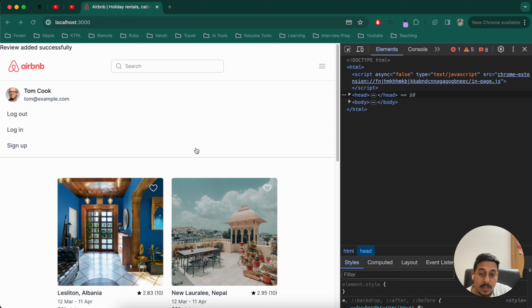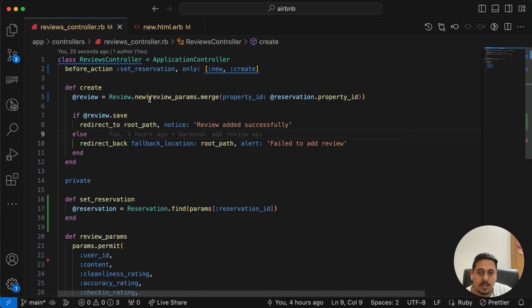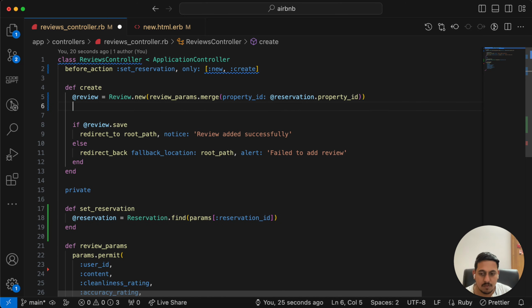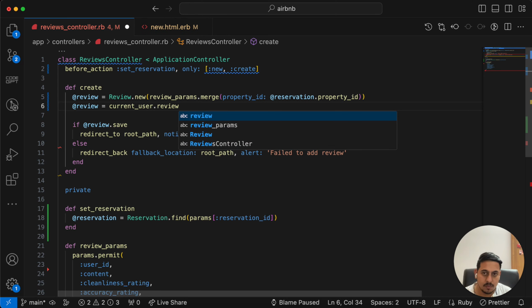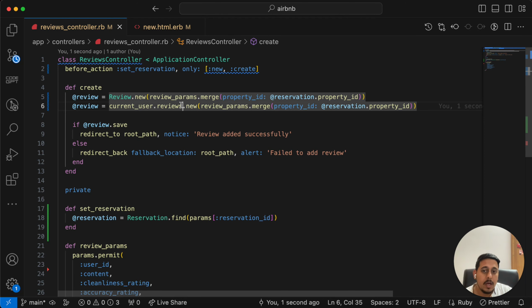Now there is another thing that they have mentioned. This is not my solution, which is current_user.reviews.new. So what they are suggesting is that instead of passing the current user ID in this params, we should create the review via the association of users. So the code for that would be something like @review = current_user.reviews.new, and in that we can copy this, something like this. Okay, this is definitely a better code, so we'll get rid of this,